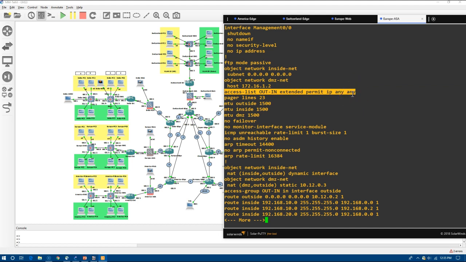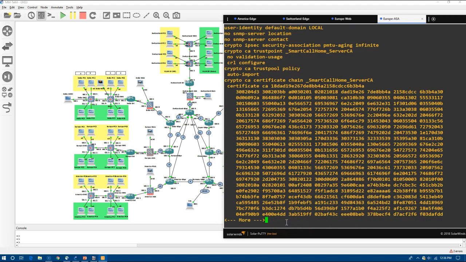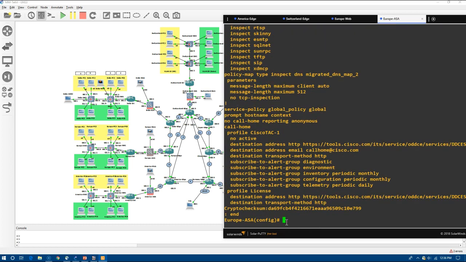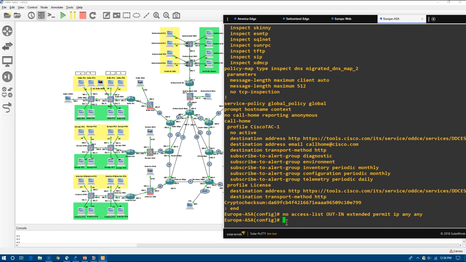And I'm going to do a Control C on that to copy. And I'm going to do no and right click, and that's going to take that ACL off. Then what I'm going to do is I should probably just type this all out so that it's less confusing, but I'm really